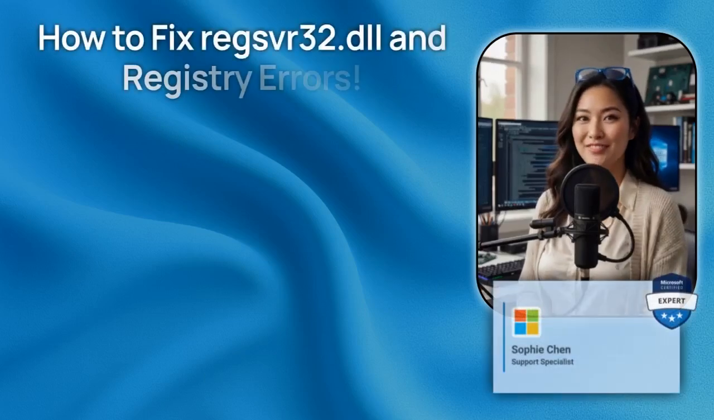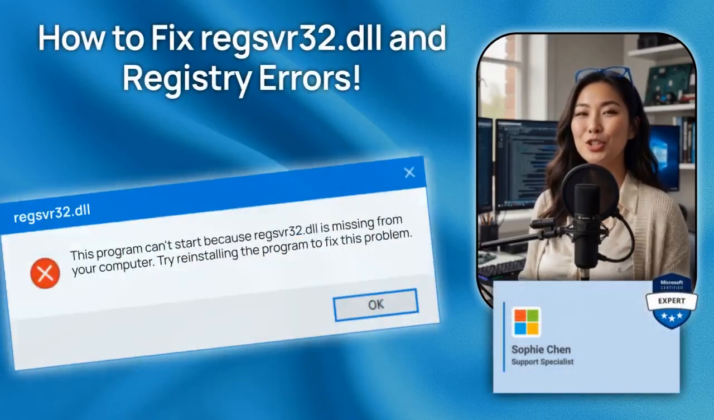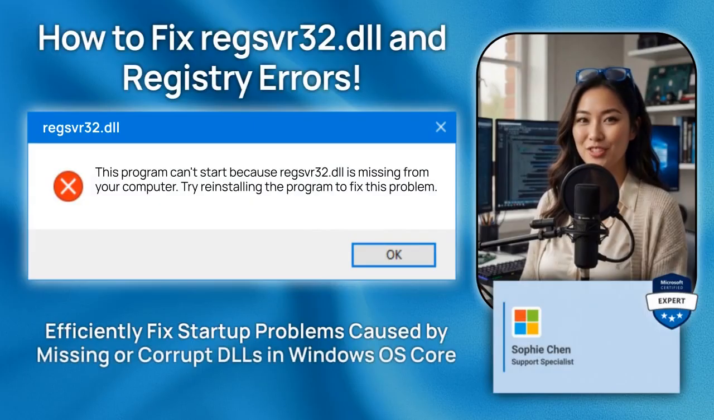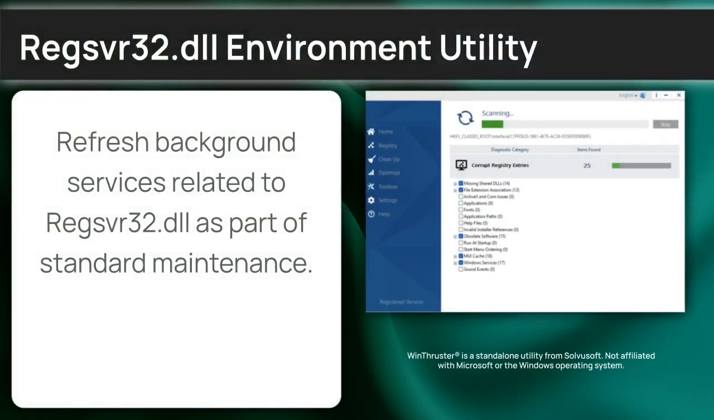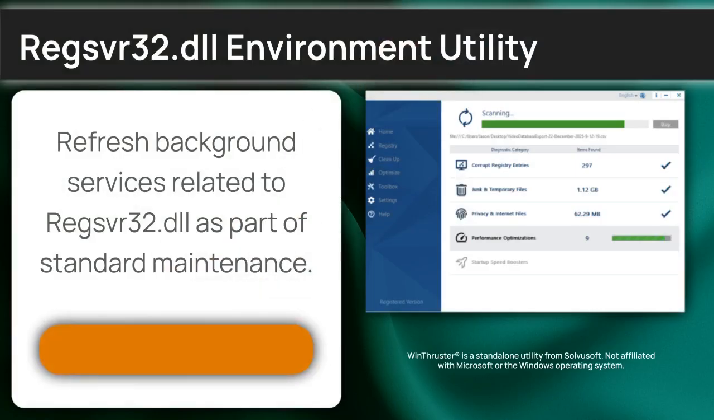Core system libraries are failing because of the Registry Server 32 Library DLL. I'm Sophie Chen, a Windows System Specialist, and I'll show you exactly how to restore your stability. To start our guide for Registry Server 32 Library, you can follow the manual steps or use the suggested tool